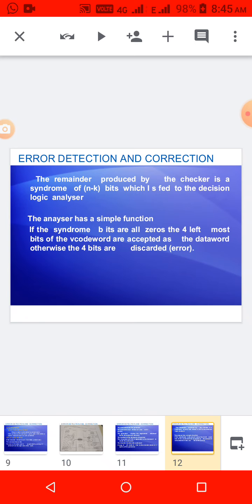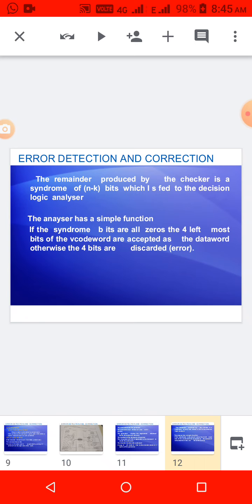How does the receiver find out whether an error occurred or not? Suppose we are sending the code word to the receiver. It will do the same division. If it receives all the remainder as 0, then it finds that no error occurred, and it will split off the data word and take it. If the remainder contains 1s, it will think that an error occurred.